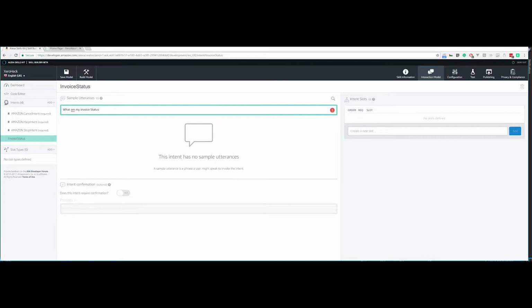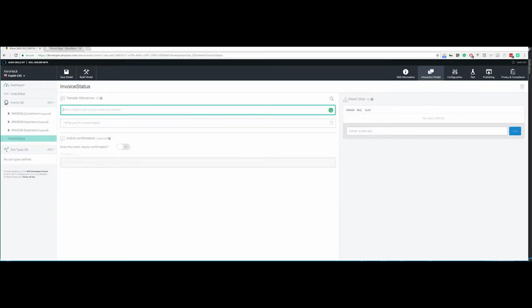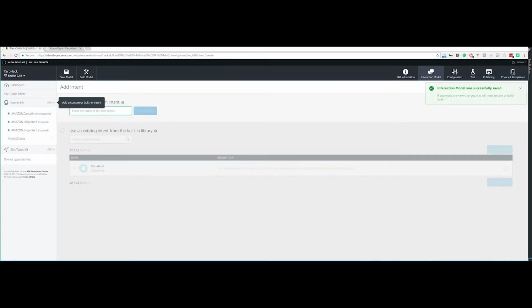So what this is going to do is when we utter these things to Alexa, this is actually going to send us a notification to say this was an invoice status intent. We'll see what that means. How are my invoices? What is my status with invoices? So it can be many different things there, and we can just put invoice status, so it can probably just pick that out. So we're going to save that, then we're going to add another one,